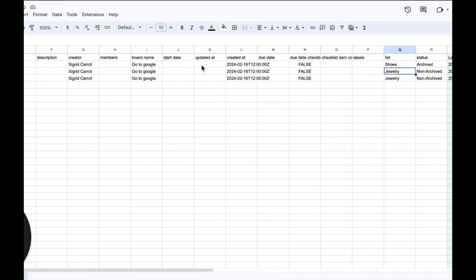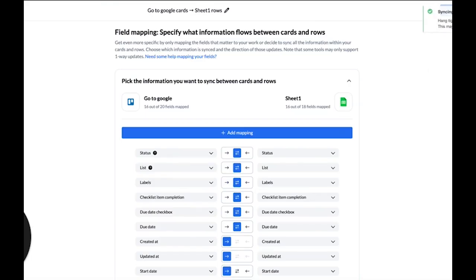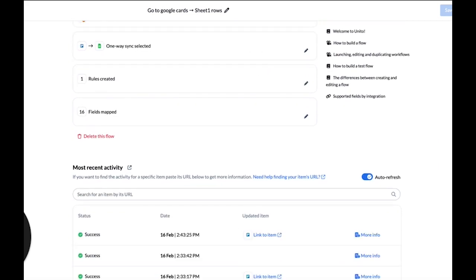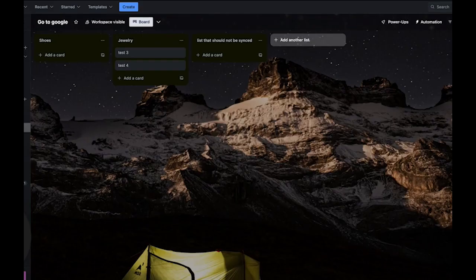I'm going to save. Usually this will take a couple minutes to go through just because it takes 5 minutes for the sync. But I'm going to click sync now to try to push this faster. And you can see that test 1, the card that was here, is now gone. Perfect. And then very soon,